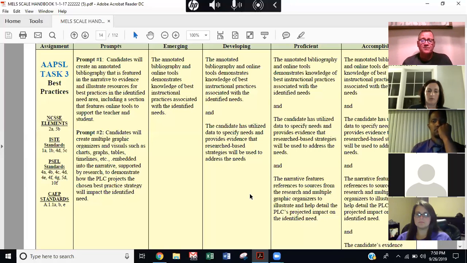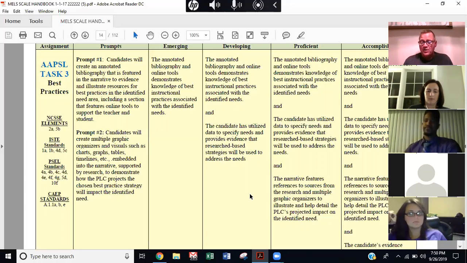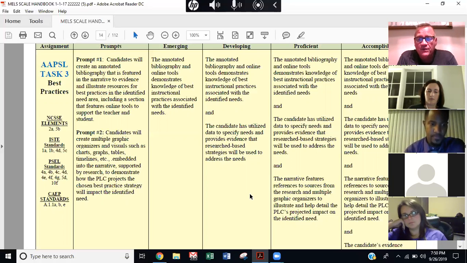And basically what you're doing in APSL is action research, which is all about education. But then you create that action plan to show how you're going to implement it. And I know I'm getting into task 4, but it kind of helps see the whole picture. In that, you're going to list the objectives or the strategies, just like a normal action plan. What's the strategy? What's the timeline? What's the resources needed? Who's responsible? And then how are you going to evaluate whether it was successful or not? And that's basically where we're at with task 3 and moving into task 4.